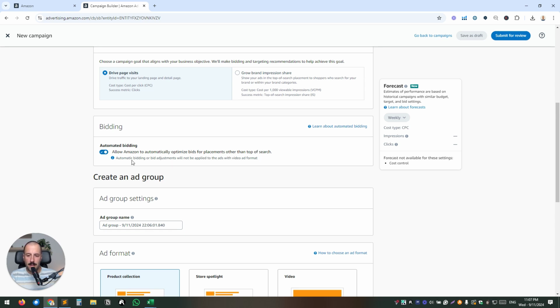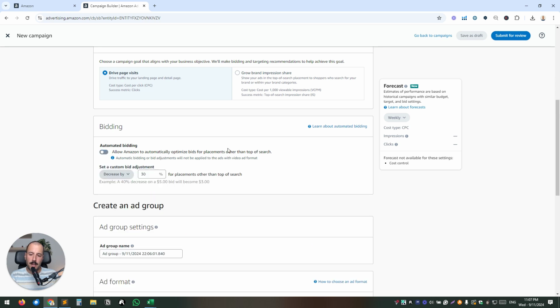What that does is allow Amazon to automatically optimize bids for placements other than top of search. So they will optimize all the others except top of search. For top of search, what you bid is what you get, and for the others, they will optimize. When you toggle that button, you immediately see the option to decrease or increase the bids for placements other than top of search. Unfortunately, you cannot select separately for product pages and rest of search, only both combined. That's what we have at the moment. Hopefully we'll see that